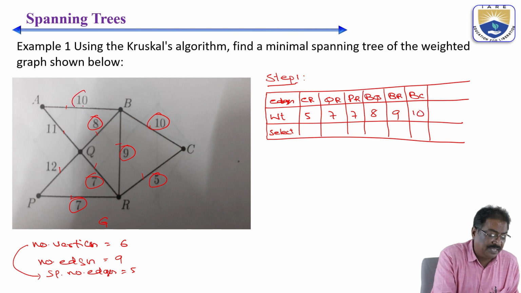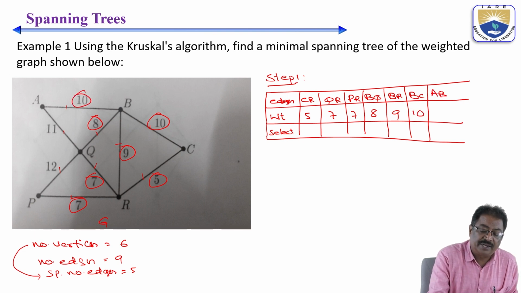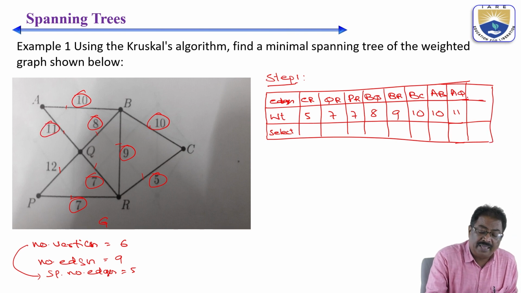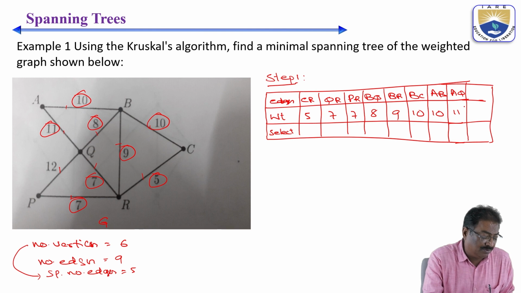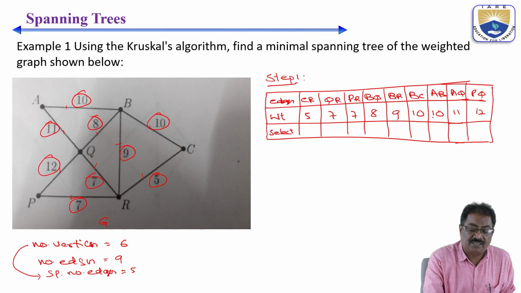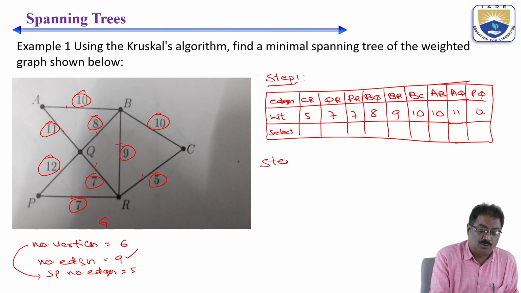And next AB is also 10. In any order you can take. And next is 11, AQ is 11. And PQ, whose weight is 12. So here we selected 1, 2, 3, 4, 5, 6, 7, 8, 9 edges, and step 2, we are going